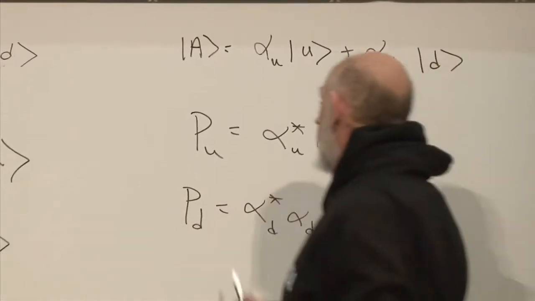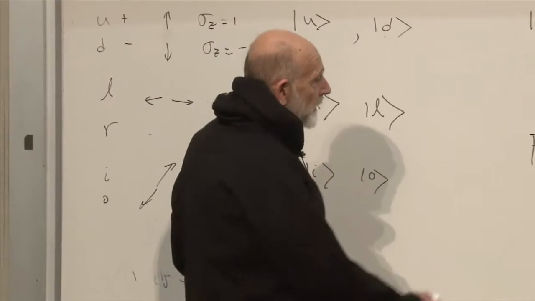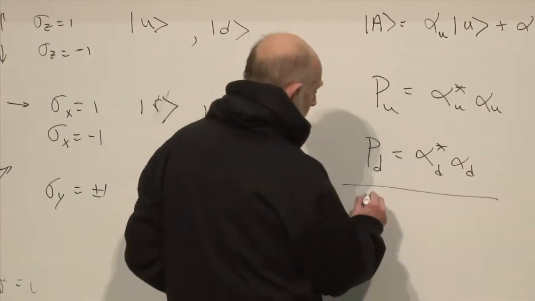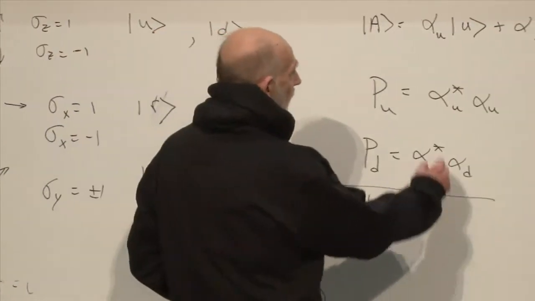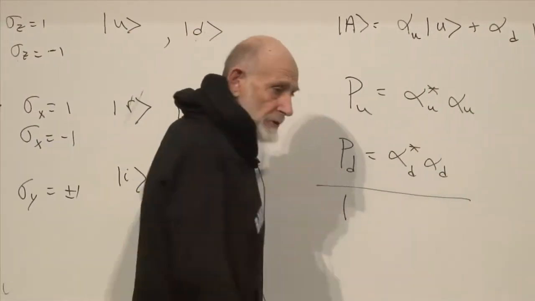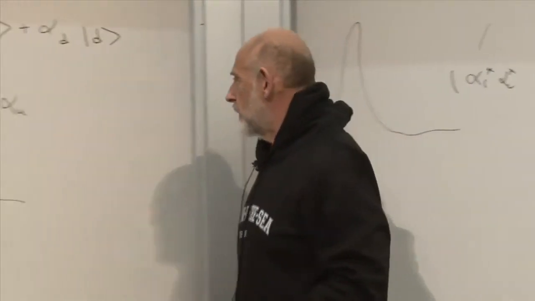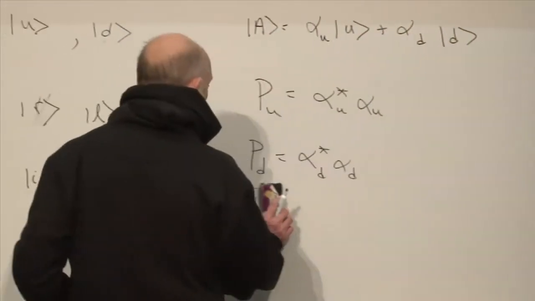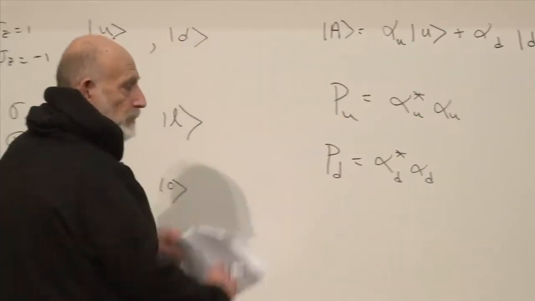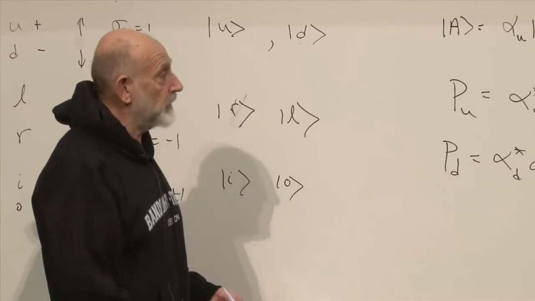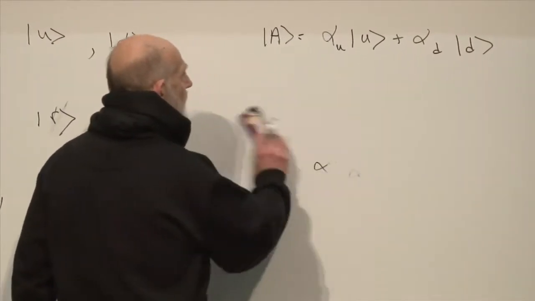Well, what's the relation between the probability for up and the probability for down? The answer is that if we add them, we get 1. And therefore, alpha star alpha plus beta star beta is equal to 1. Any reasonable state of the system which has total probability 1 for all the different things that can happen should satisfy that the sum of the distinct probabilities should add up to 1. And so that says that alpha star alpha